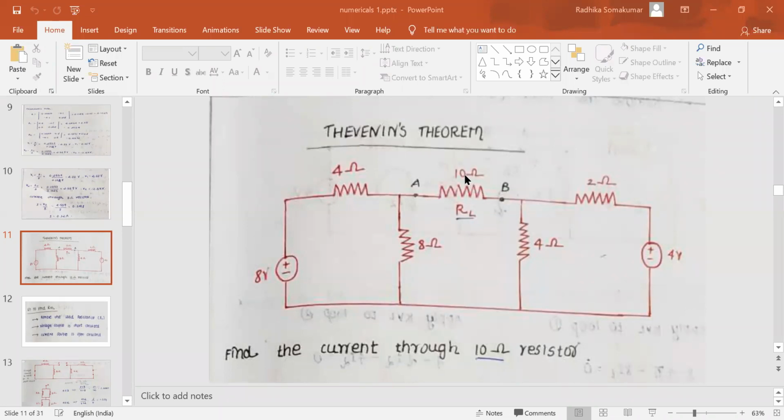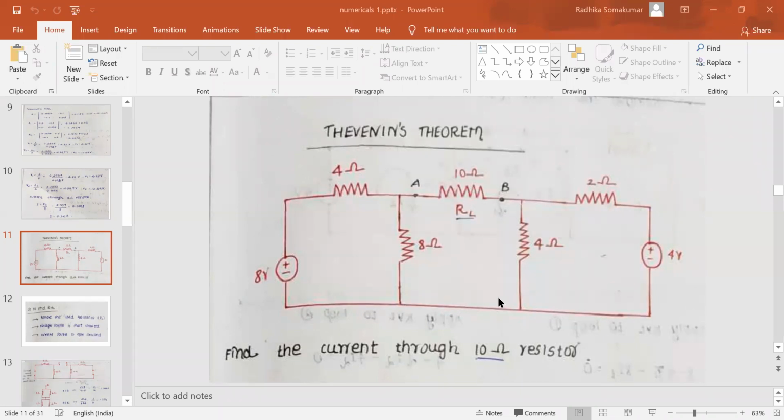And what is your Thevenin equivalent resistance? Your Thevenin equivalent resistance is found when you replace your voltage source by a short circuit, and any current source by an open circuit. When you replace the independent sources in your circuit and see from the terminals over here, the equivalent resistance that you get will be the value of your Thevenin equivalent resistance. So these are the two methods you have to follow to calculate the Thevenin voltage as well as the Thevenin resistance.